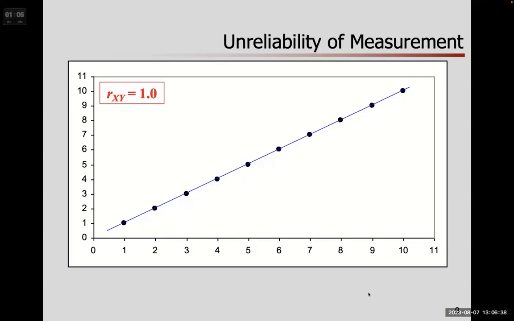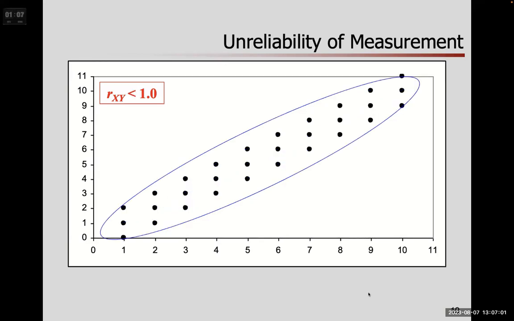A little example I like to show: here's a perfect correlation between two variables, X and Y. I'm going to hit every point with my regression line if I fit a regression line. Wonderful. Let's now introduce some measurement error. To make it easy, say the Y variable, the outcome variable, is now measured with error. So there's some scatter. I no longer have a perfect relationship. My slope is going to be attenuated. My correlations and slopes are going to be attenuated. Measurement error is clouding the picture of the relationship between these variables.